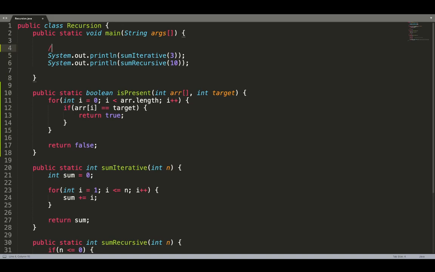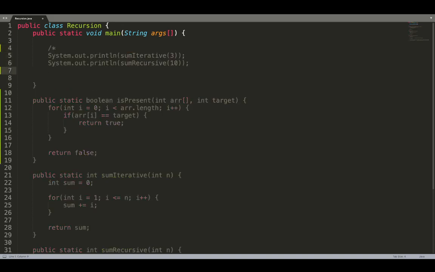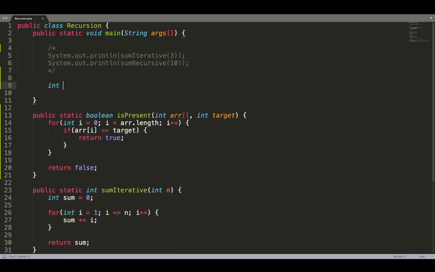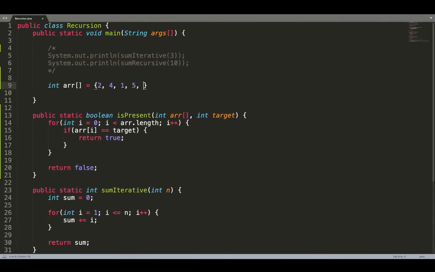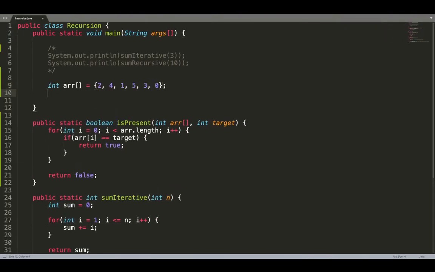So let's comment these statements from our previous tutorials, and let's create an array with values 2 4 1 5 3 0, the same values as before, and let's see if this is working fine or not.